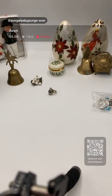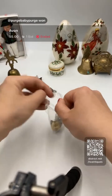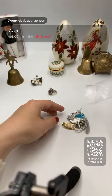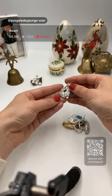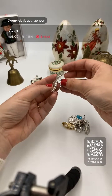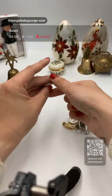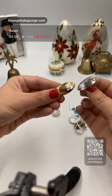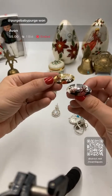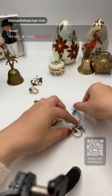Okay. Next, let's do this bundle here. This is like a snowy winter wonderland bundle. So we have some dangle clear rhinestone earrings, sparkly. Then we have these 2 snowflake, I guess they could be scatter pins, but one's silver, one's gold tone. We have some icy blue, and then we have some